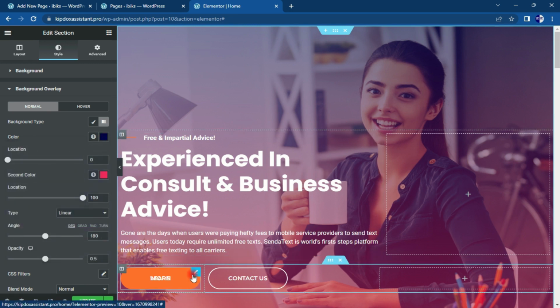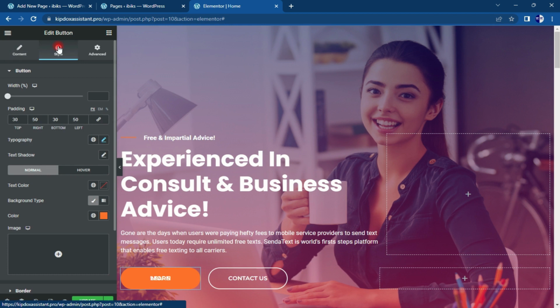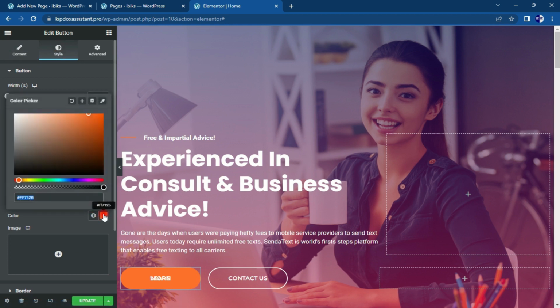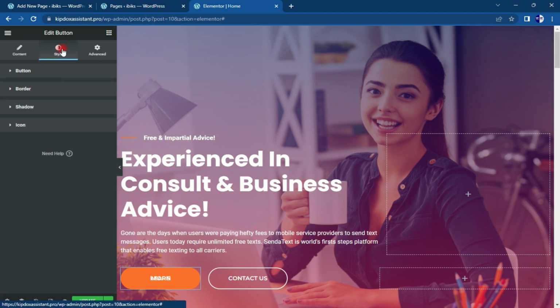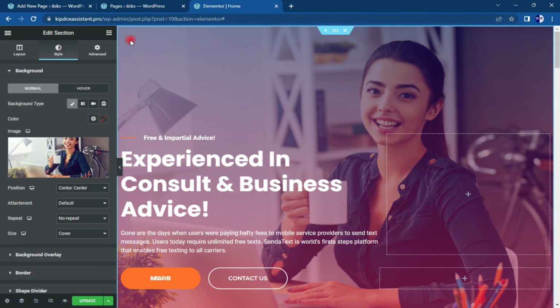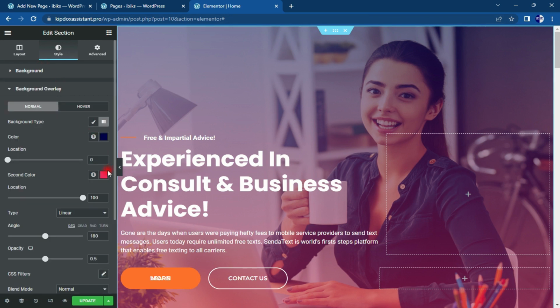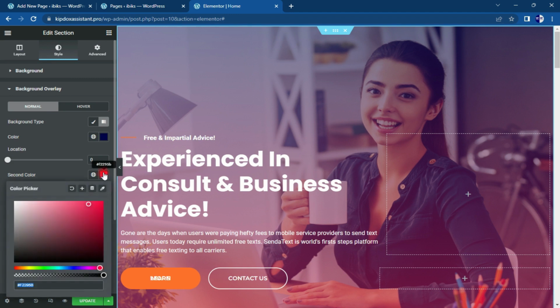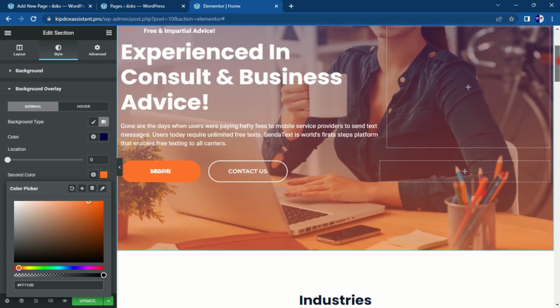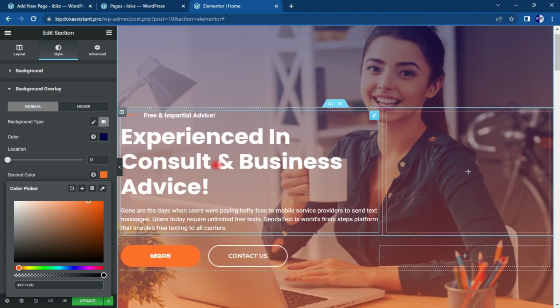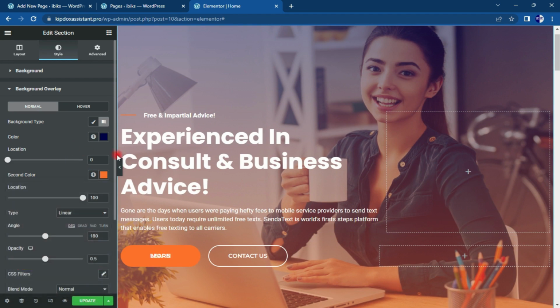Then this is our orange. So let's change this color to our orange. Wow, you can see that now we can read our content very well. Our content is now showing,